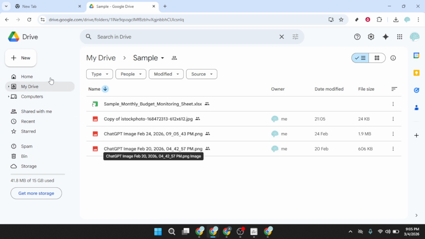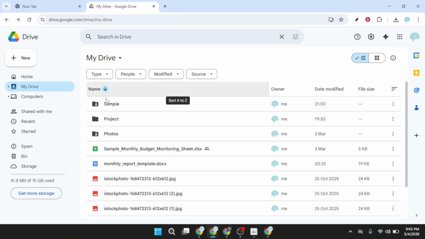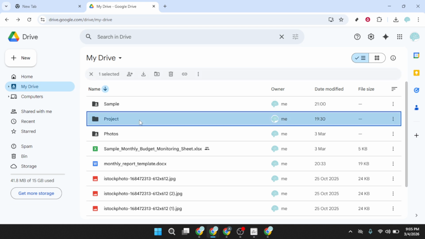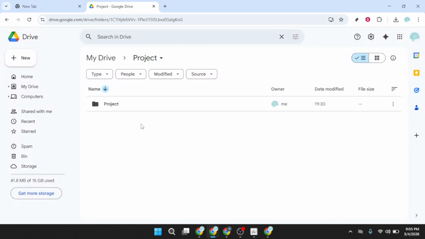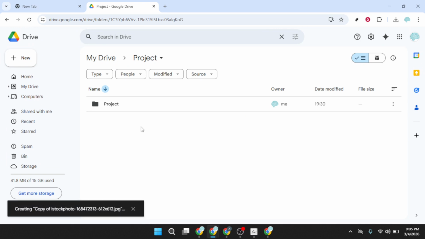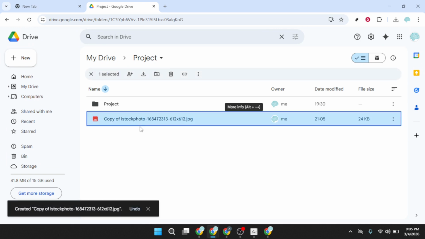Now that the first copy is saved, navigate to another folder where you'd like the same file. Open that folder as well. And again, press Ctrl and V to paste. You'll get another copy here. Repeat this as needed for any additional folders. Each paste creates a separate instance, so you can organize your work by team, project, or time frame without moving